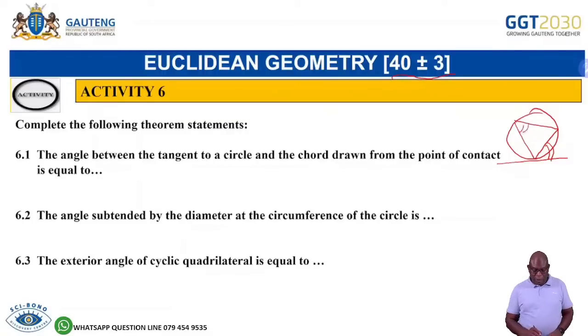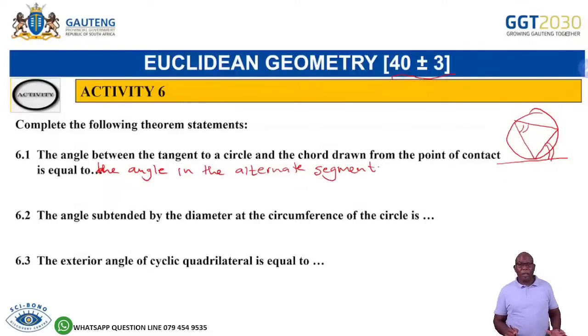So it means that it is equal to the angle in the alternate segment. So that's theorem number 9 in grade 11. The angle between the tangent and the chord. So it's the tan-chord theorem. Please know your